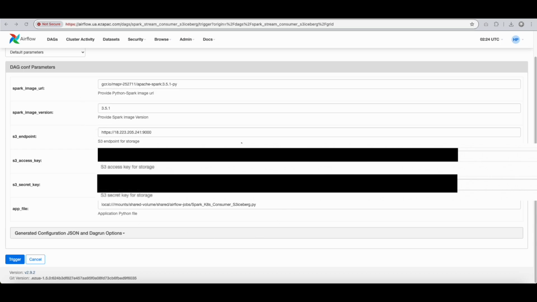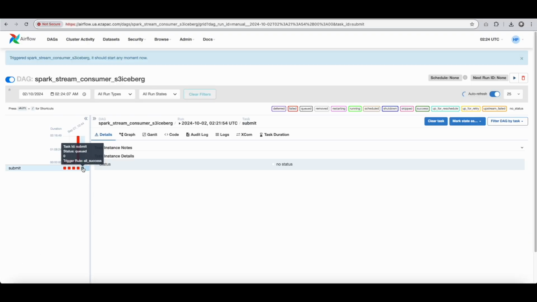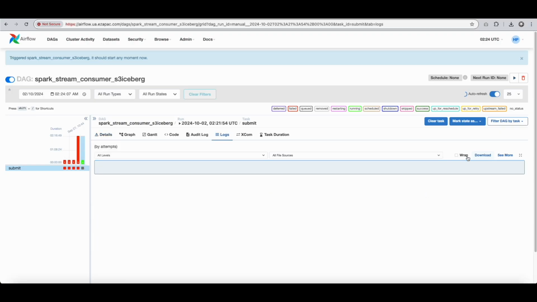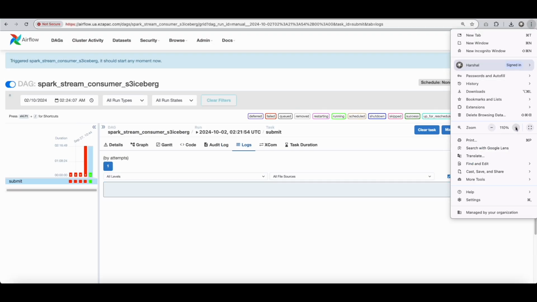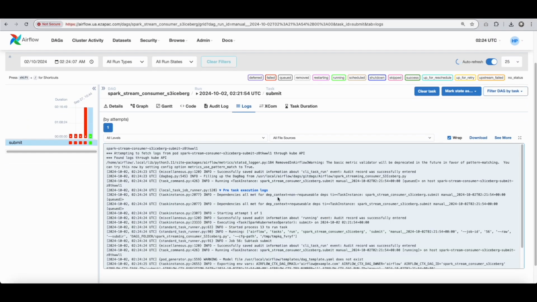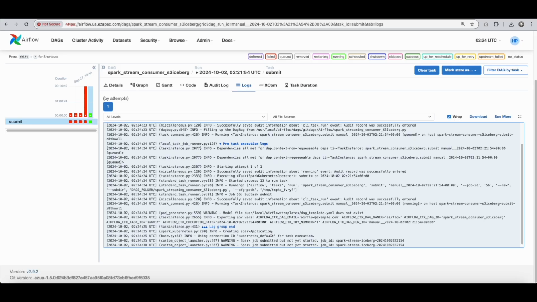So the way we have written this DAG is with a bunch of parameters. So we are going to enter values for these parameters, and then we kickstart the DAG. So once the DAG starts running, we go and check the logs of the current execution. And you can see that the DAG is starting up, and it is going to create a Spark streaming job